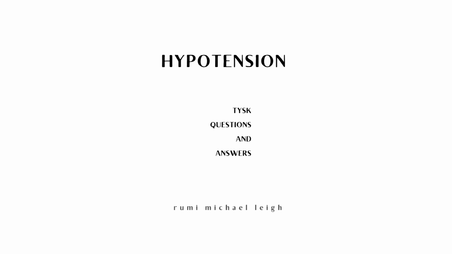8. Does hypotension always have symptoms? No, hypotension does not always have symptoms. 9. Can hypotension sometimes be dangerous? Yes, hypotension can sometimes be dangerous. 10. What are the signs and symptoms of hypotension? The signs and symptoms of hypotension include dizziness, fainting, fatigue, blurred vision, agitation, confusion, nausea, vomiting, cold skin, pale skin,